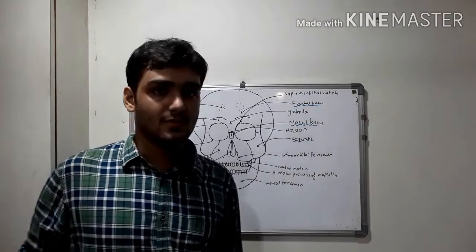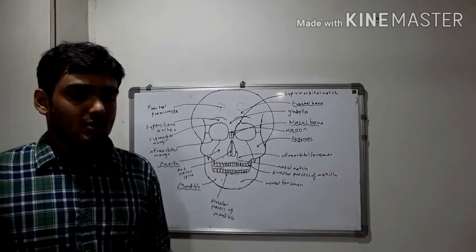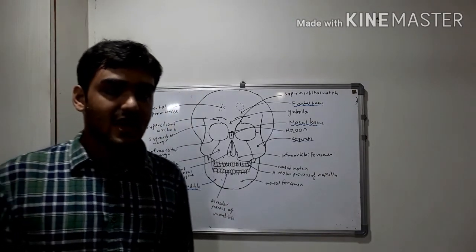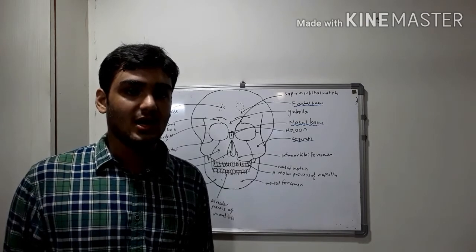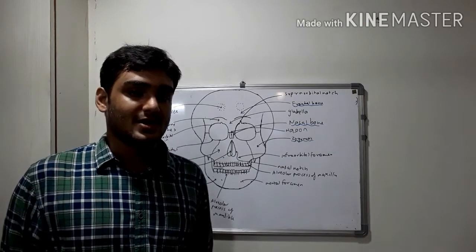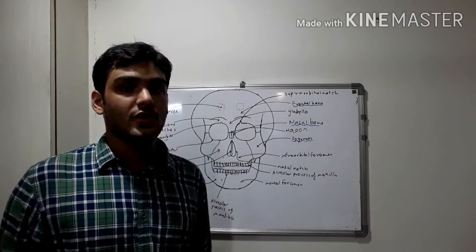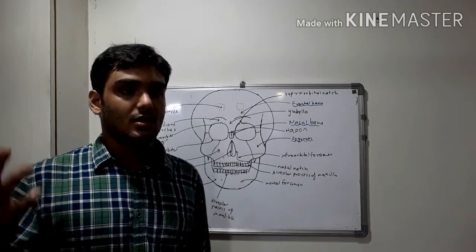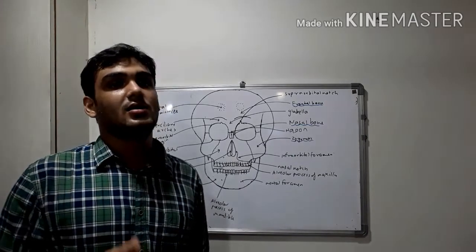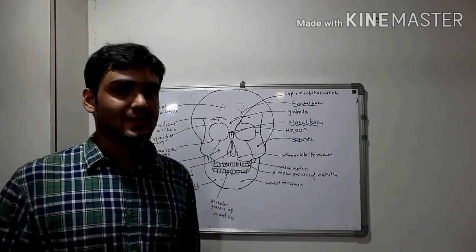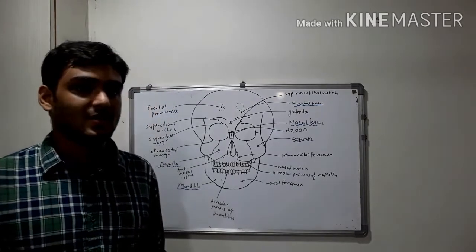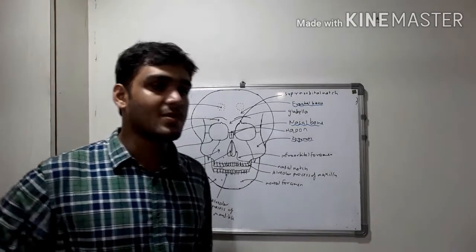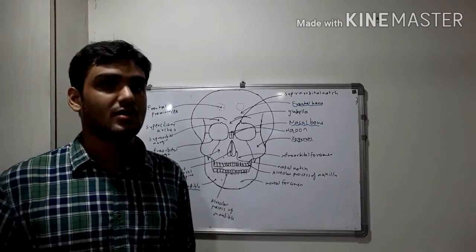So now coming to the origins. So firstly discussing the muscles of eye. So we have 3 muscles, orbicularis oculi, levator palpebrae superioris, and corrugator supercilii. Now we shall not discuss orbicularis oculi and levator palpebrae superioris. As levator palpebrae superioris is an extraocular muscle, not a muscle of face, and the former is to be discussed later on.